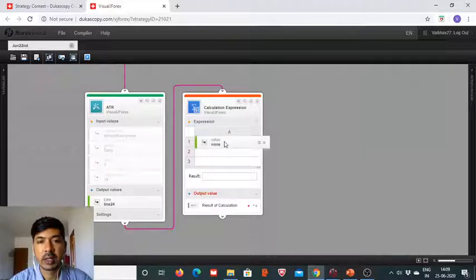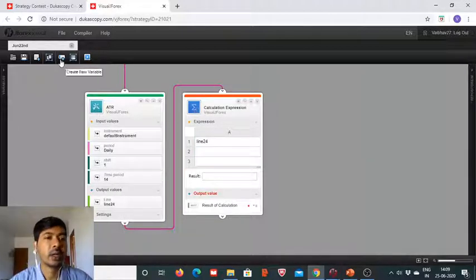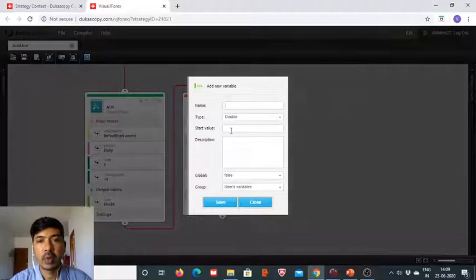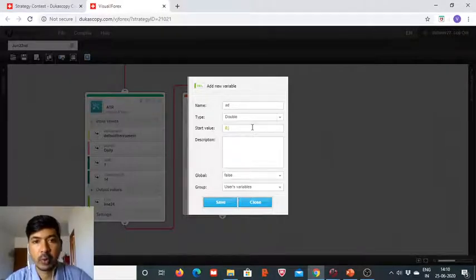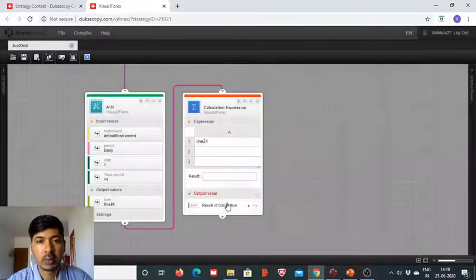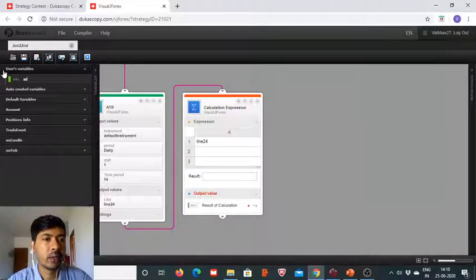So we get this, we create a fresh variable, create a new variable, double type, and we write it as a d small and 0.40. Okay, so here we got this,